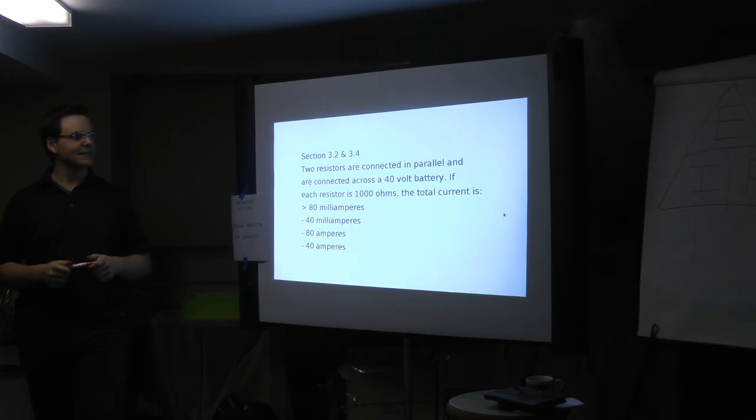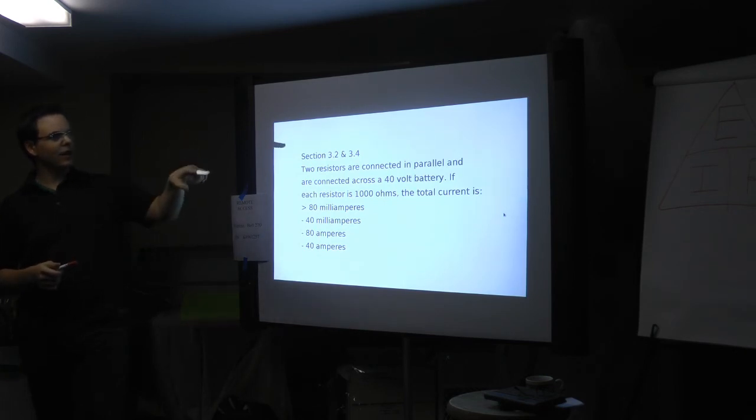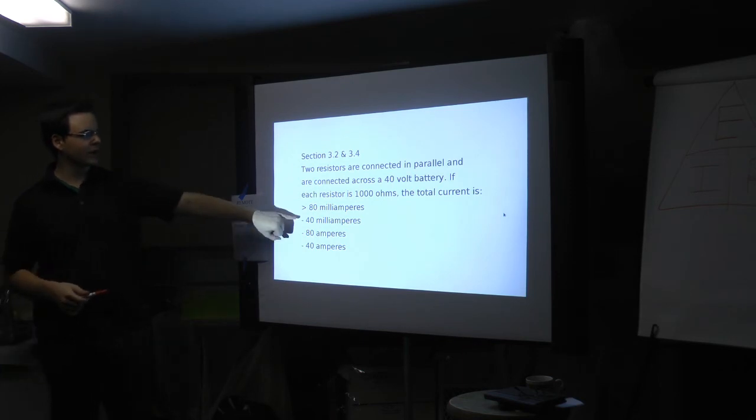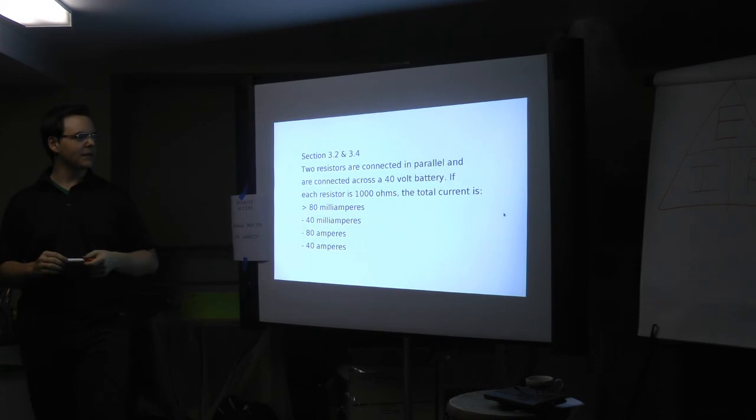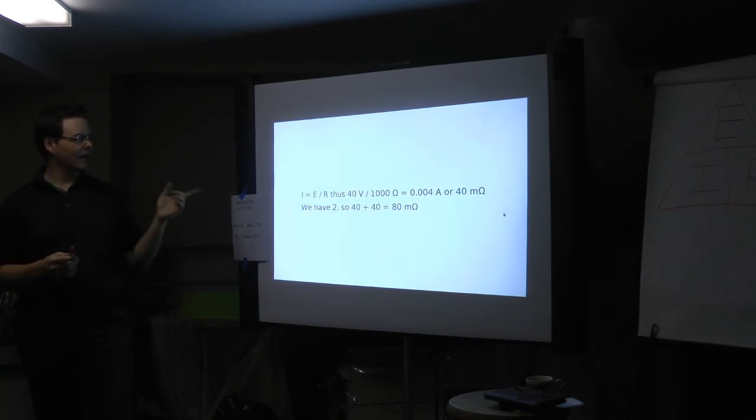So we got 80 milliamps, right? We're given E and we're given R, which means we need to divide 40 by 1,000. We also know we're going to be working in milli, because 1,000 is way too big to end up with 40. Because we have them in parallel, we have to do one of each and then take the sum of both of the currents. We have I equals E over R, and thus 40 over 1,000, which gives us 0.004 amps, or